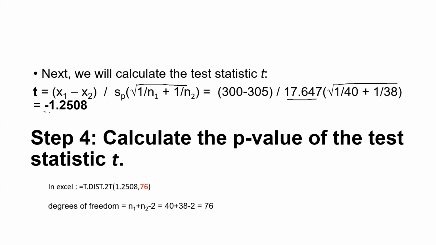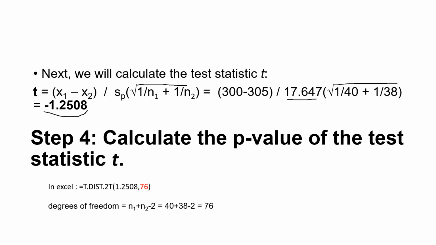So the number that is given to me is the value of t, which is minus 1.2508, right? So I'm going to use Excel in step 4 in order to calculate the probability associated with